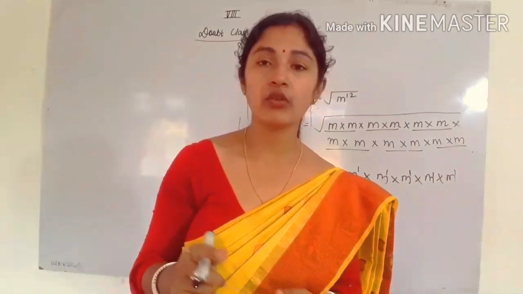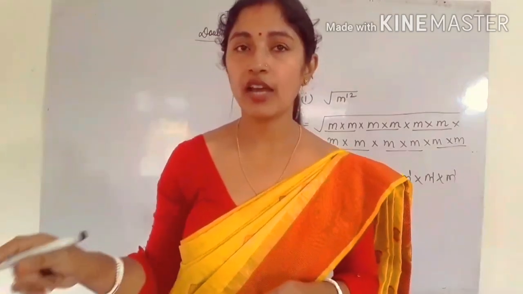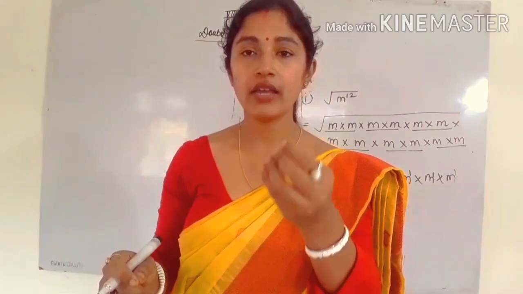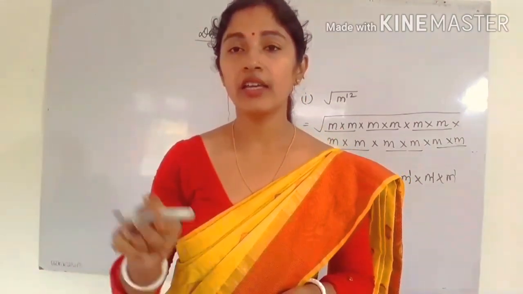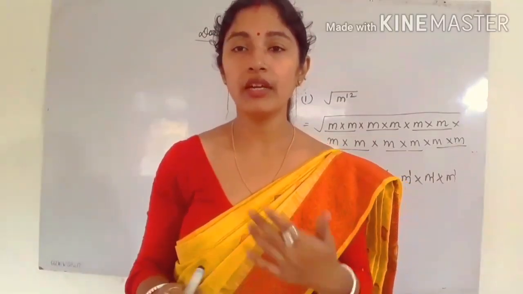Similarly, y is y to the power 8. So when you write y up to 8 number of times, then you can see that the total number of y that should be taken out will be what? 4. So y into y into y into y. That means y to the power 4 will be taken out.